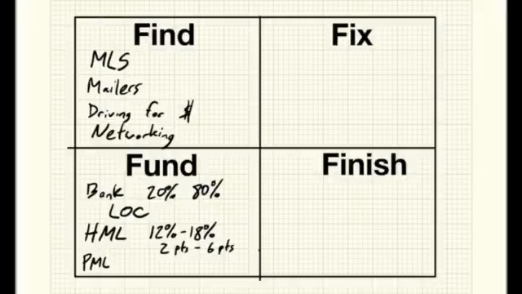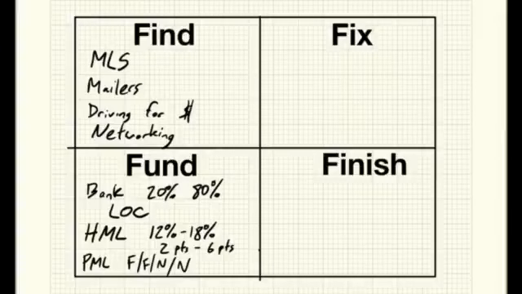The other way is using private money lenders. Private money lenders are, you think about your family, your friends, your neighbors, people you meet during networking. So people like that who have money that are interested in getting a good rate of return that you tell them that you can give them. Now that rate of return could be anywhere from say 6 to 20%. It all really depends on what you negotiate with the lender, but oftentimes the terms are less strict because they are a person that you know.